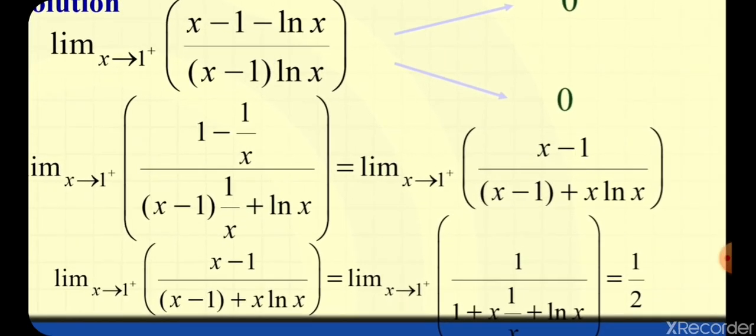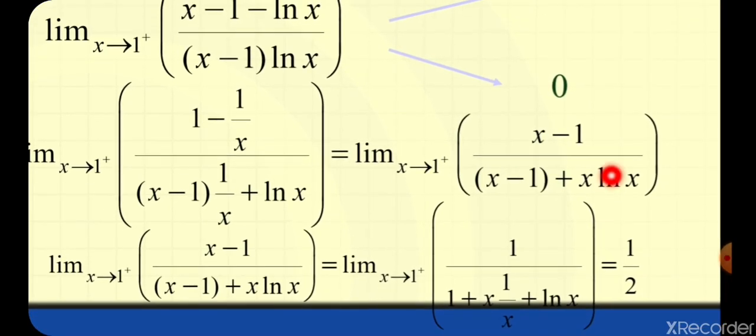If you use the direct substitution, you can find the result is 1 minus 1, which is 0. Above and below, we have 1 minus 1 plus x times ln 1, which is 0. So you have 0 over 0. So again here, if you multiply by x above and multiply by x below to simplify your problem, the final answer is (x minus 1) over (x minus 1 plus x ln x). And now, using the direct substitution, it will be 0 over 0, so we must use L'Hopital rule one